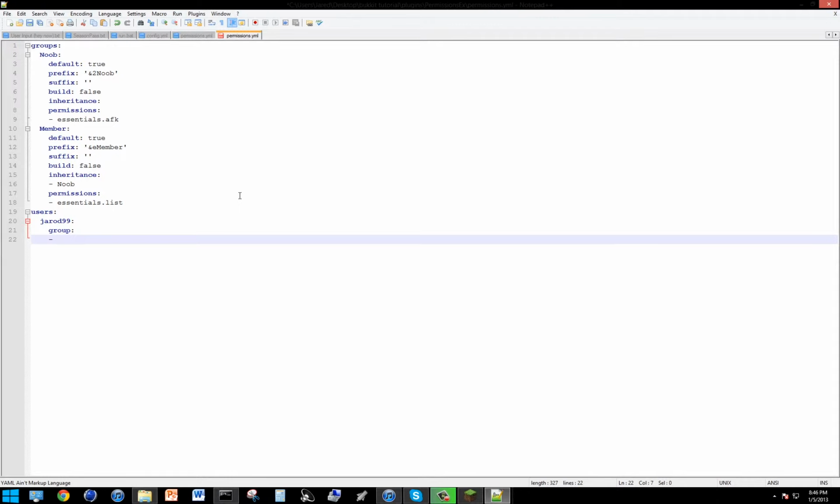So what I usually do is make the average class default, so they spawn into that, and then if I choose for them to be staff or I promote them, I'll just make them a custom group. So with that being said,